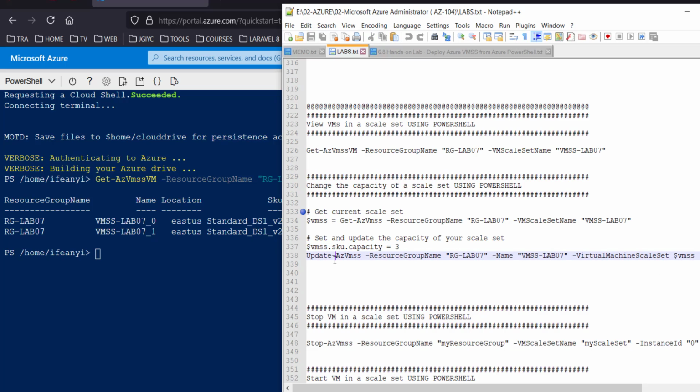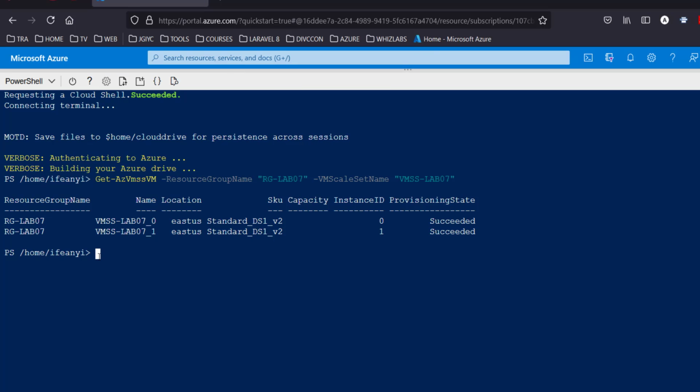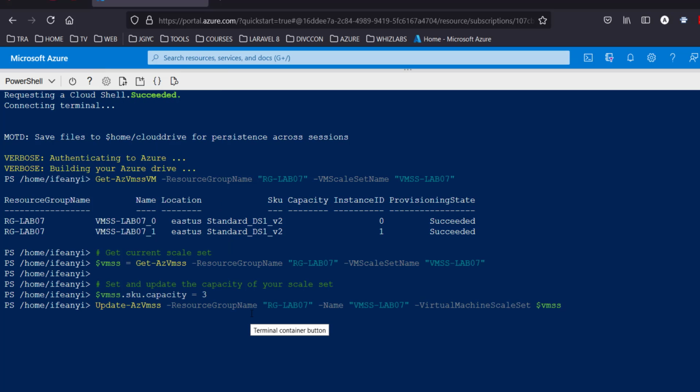So once it updates that, it would add the new virtual machine into our list. So let's copy all this, copy, and we'll come here to paste it, and we can deploy the command.